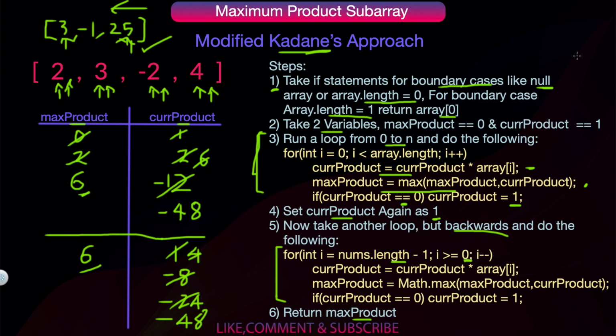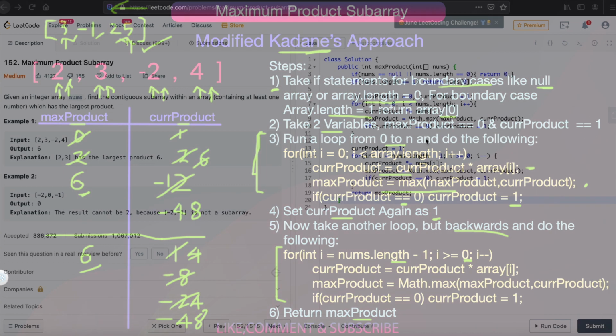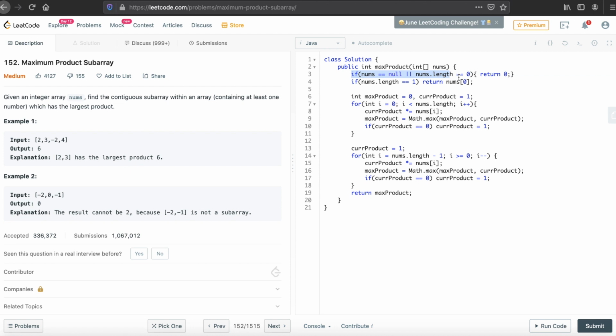Now let's take a look at the code. So here is the Java implementation. First we have taken the boundary cases, we have returned 0. Now nums.length equal to 1, we have returned nums[0] and we have taken our max product and current product. Now we have done the for loop steps that we have mentioned in our previous slide.